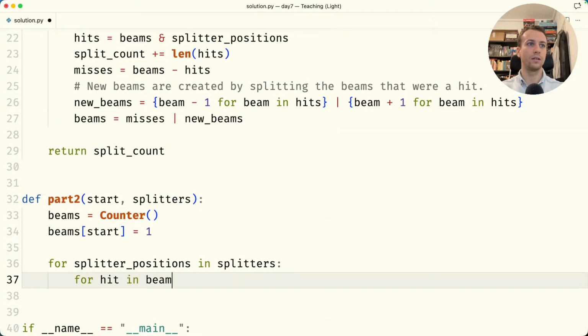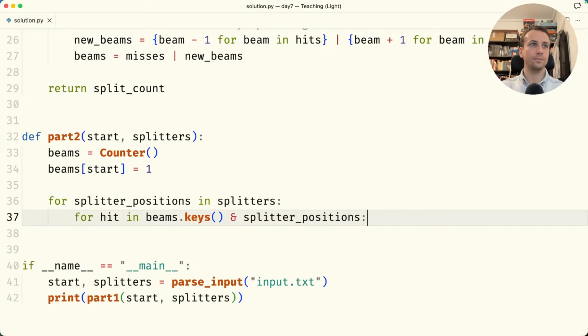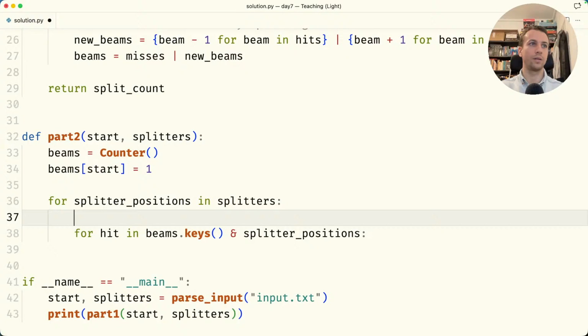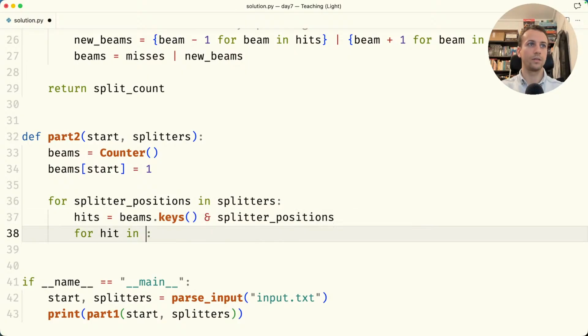So you're going to go through each hit. So for hit in beams.keys and splitter positions, here, beams is no longer a set, it's a counter. But the keys of this counter can be used as a set in this operation. So you're intersecting your current beams with the positions of the splitters, and that will give you access to all of the hits. Maybe, for the sake of clarity, it might be a good idea to extract this into an assignment. So for hit in hits,